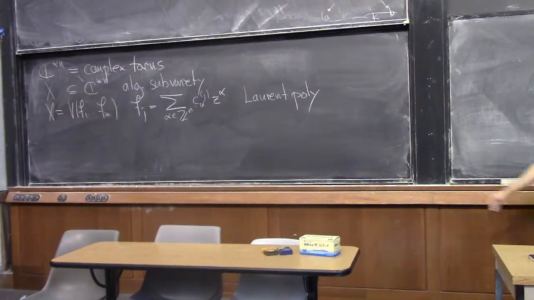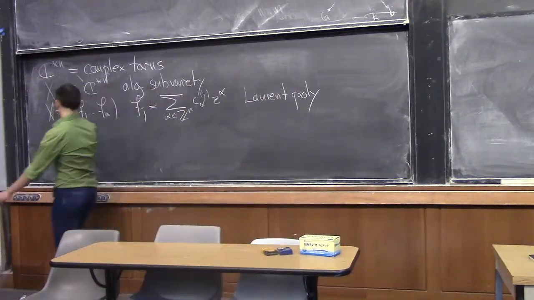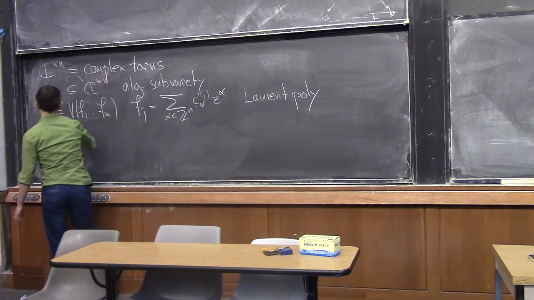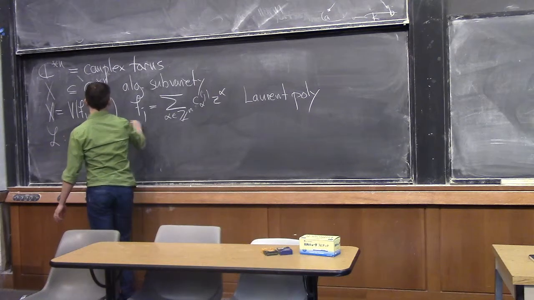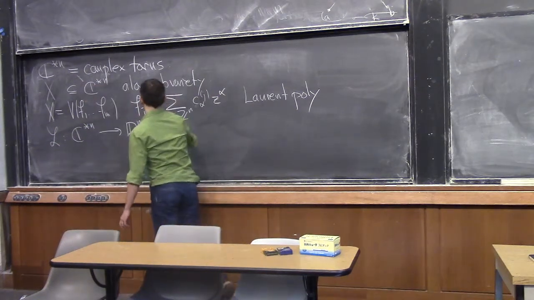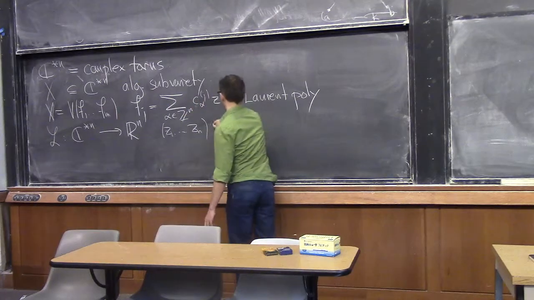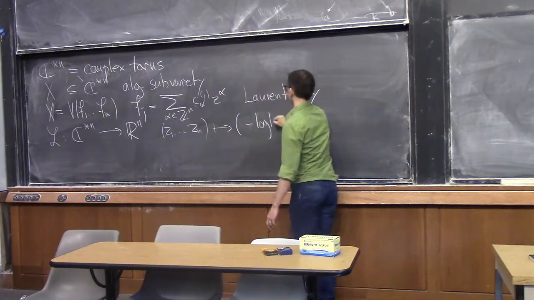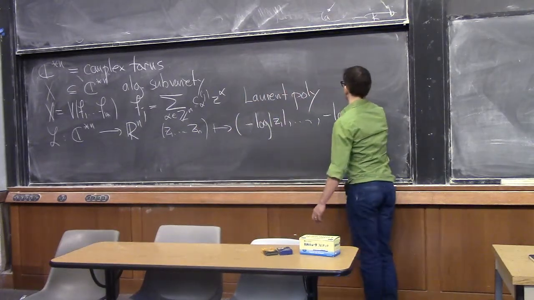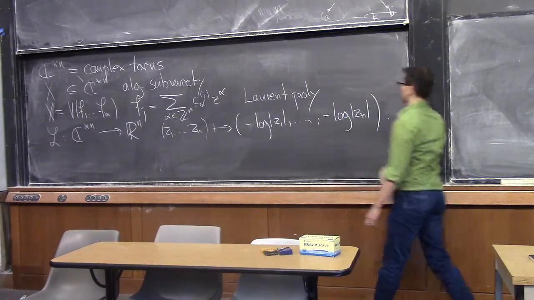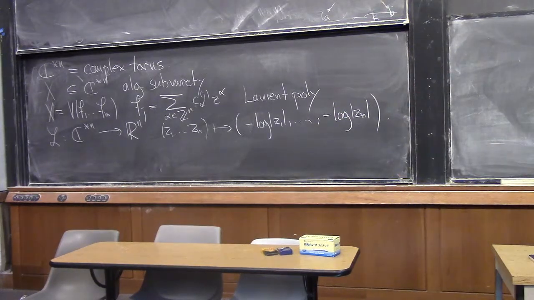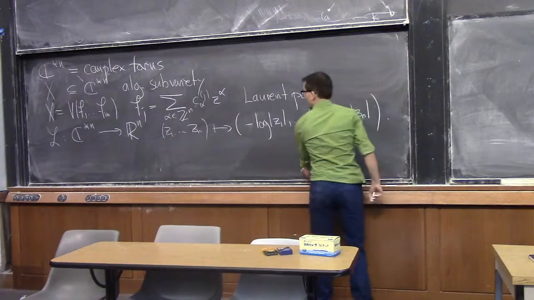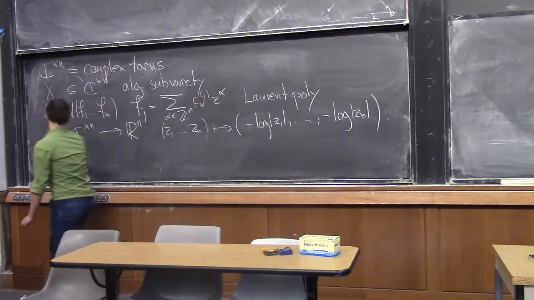Okay, so I'm given that, and then I'm giving a map which June was also using, but in a different notation. It's a logarithm map that goes from C^n to R^n, and it takes the coordinates and sends them to, just for fun, I'm going to put a negative sign here. It's actually not so important, you can ignore the negative signs if you want. So that's a logarithm map, or a tropicalization map in fancier language. And then the definition here is that,